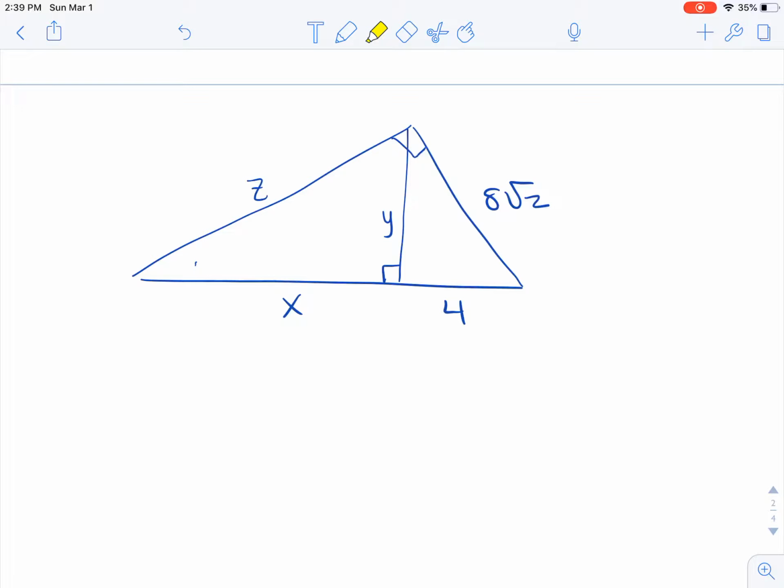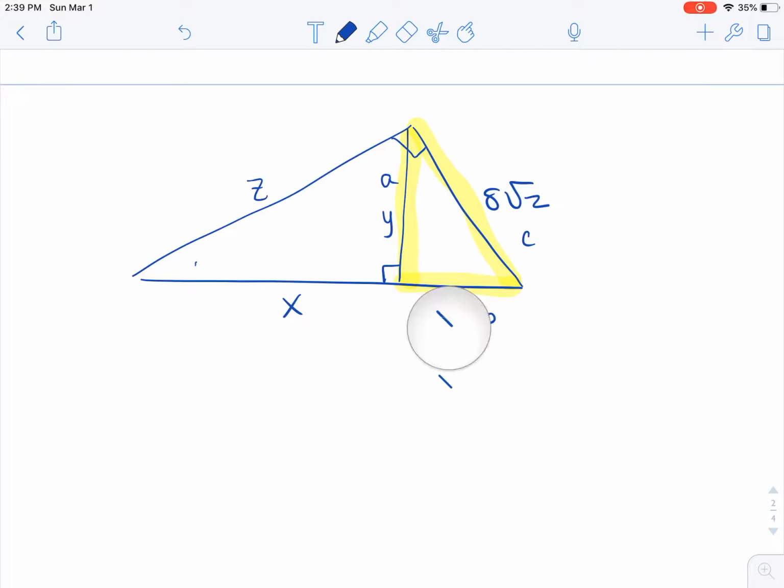So this first one, we can see that we have a right triangle here. And we have two legs of the right triangle, so we can use the Pythagorean theorem to find the third leg. So this is one of our legs. So we'd say A, we can call this B, and our hypotenuse is always C. So we'll say